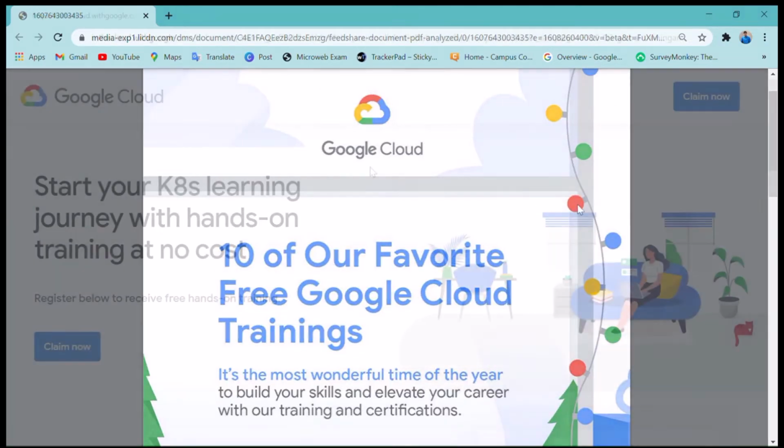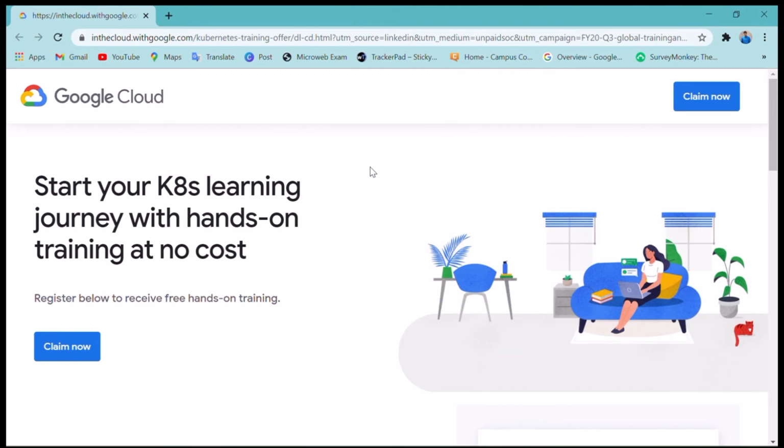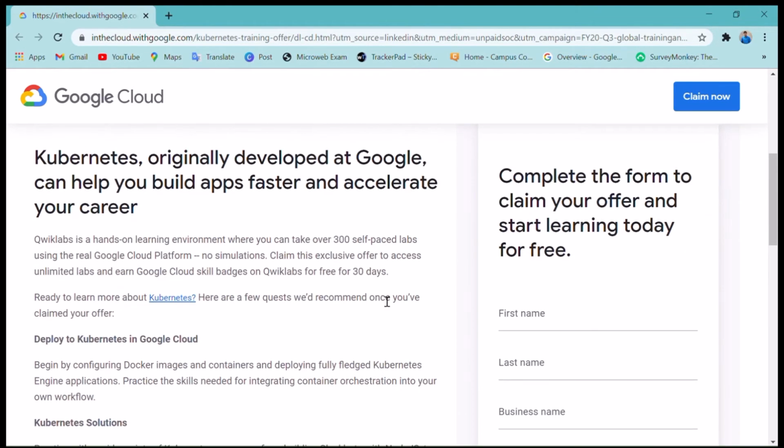So let's get started. Here is the Google Cloud site, from where you can register or claim this course for free. See this register below, receive a free hands-on training. On the Quick Labs platform you have the labs which you have to perform to learn Google Cloud completely.